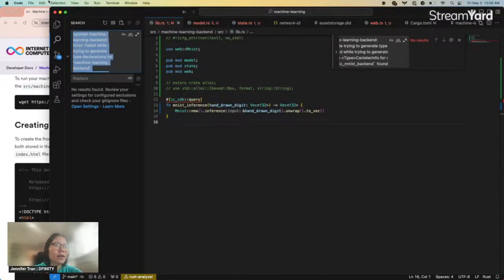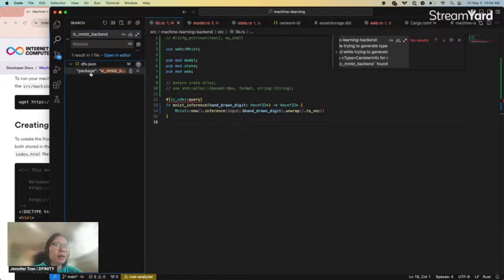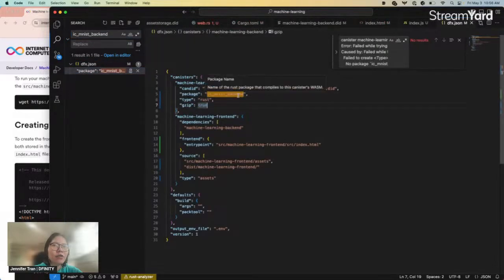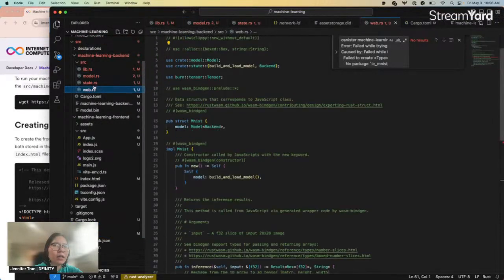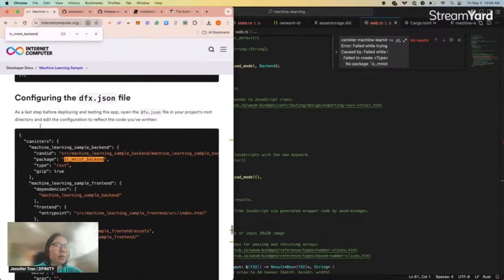Okay, so it's saying that it's not able to find our IC Mints package. So our package, did we call it something else here? Okay, let me just double check.